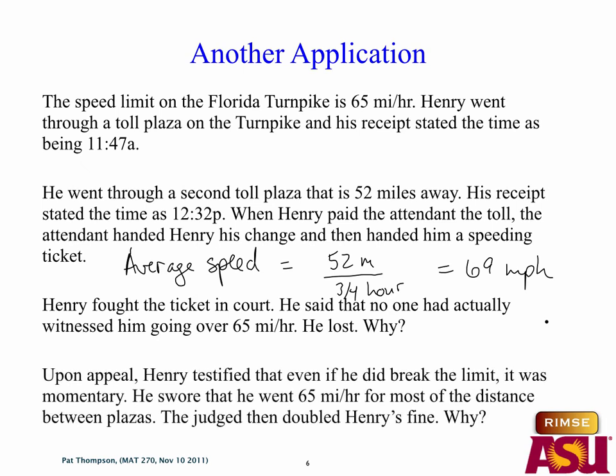Henry's real smart, and he tried to appeal. He said, well, even if he did break the speed limit, it was just for a moment. He swore that he went 65 miles per hour for most of the distance between the plazas. The judge doubled his fine. Why did he do that? No, that's not why. If it's the average and he was going 65 most of the time, then he had to go really darn fast for a moment in time to pull up that average to 69,